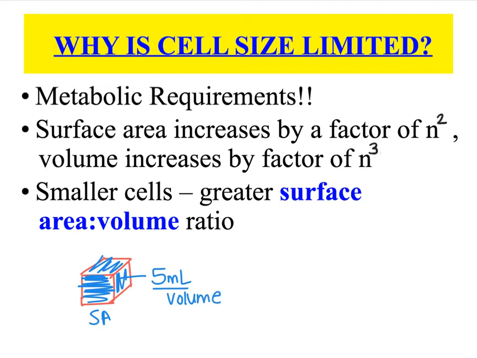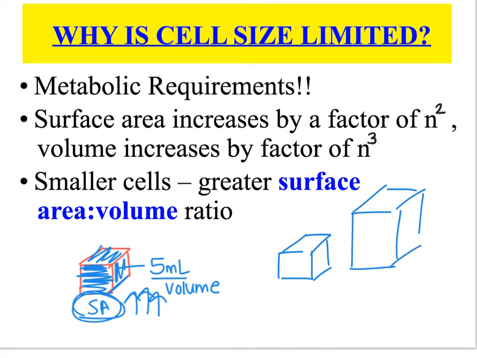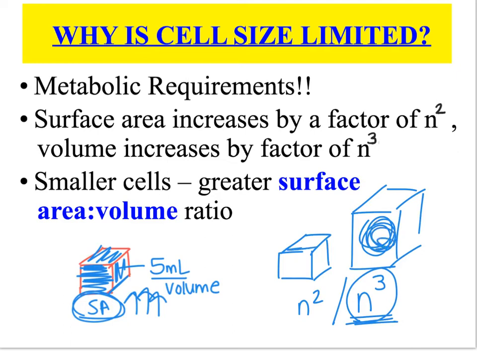And what we find is that in order for a cell to survive, we need to have a lot of surface area. But unfortunately, as a cell gets bigger, if we double the size of the cell here, our surface area will increase by a factor of n squared, whereas our volume will increase by n to the third. It's cubic. Bottom line is this: the surface area does not increase as fast as the volume does. So if we keep this same shape and we just keep getting bigger and bigger, we end up with just too much inside and not enough exposed surface for stuff to get in and out fast.